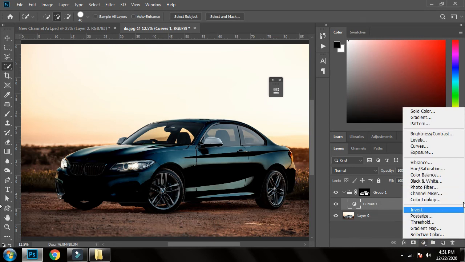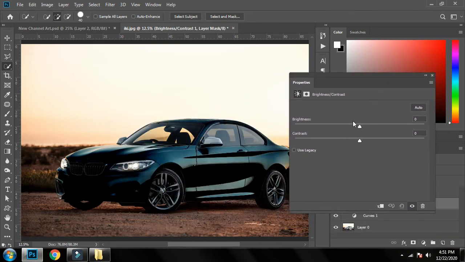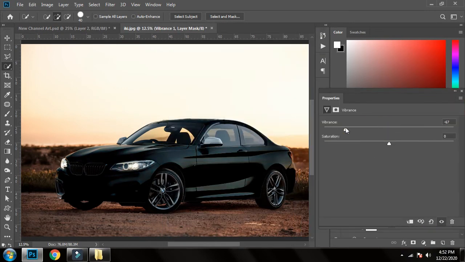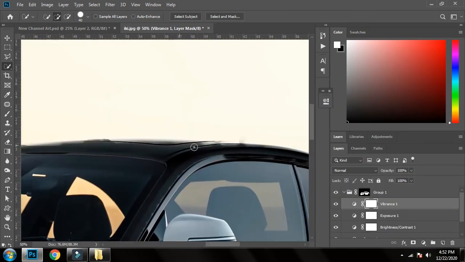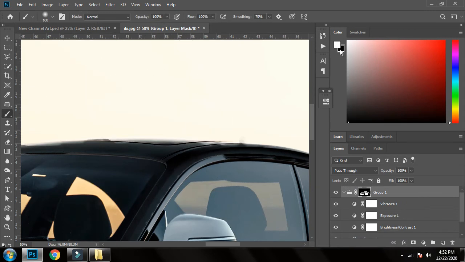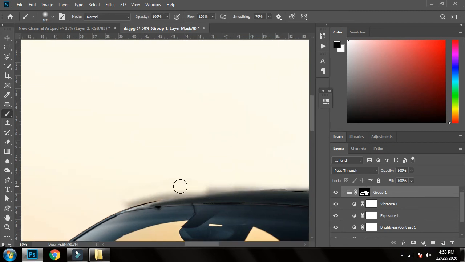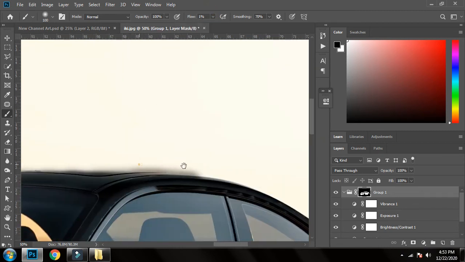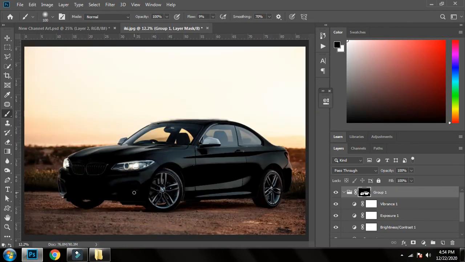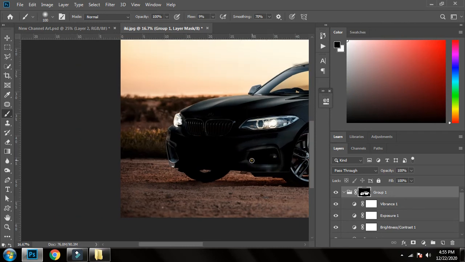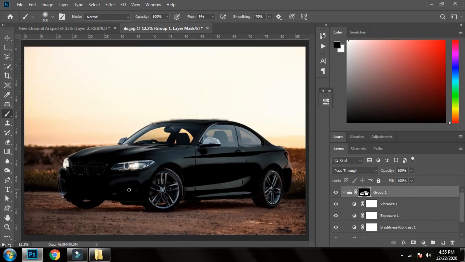You can apply according to your own image. That's why I am fast forwarding the video. So here you can see I have completed all the process of adjustment.